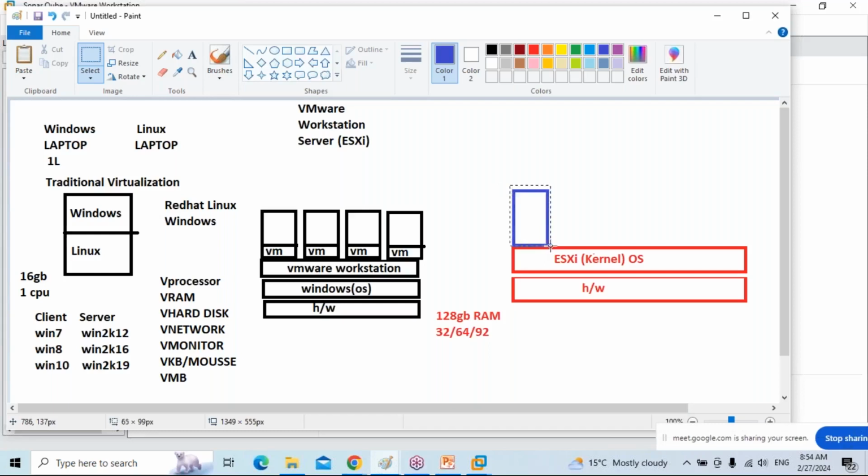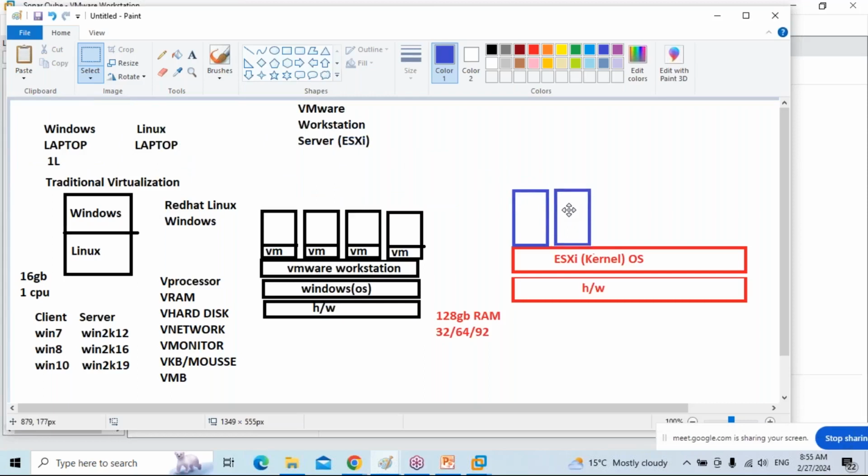Guys, this is very important to understand what is AWS. Whatever servers we are launching in VMware, in our AWS cloud, all are virtual servers.